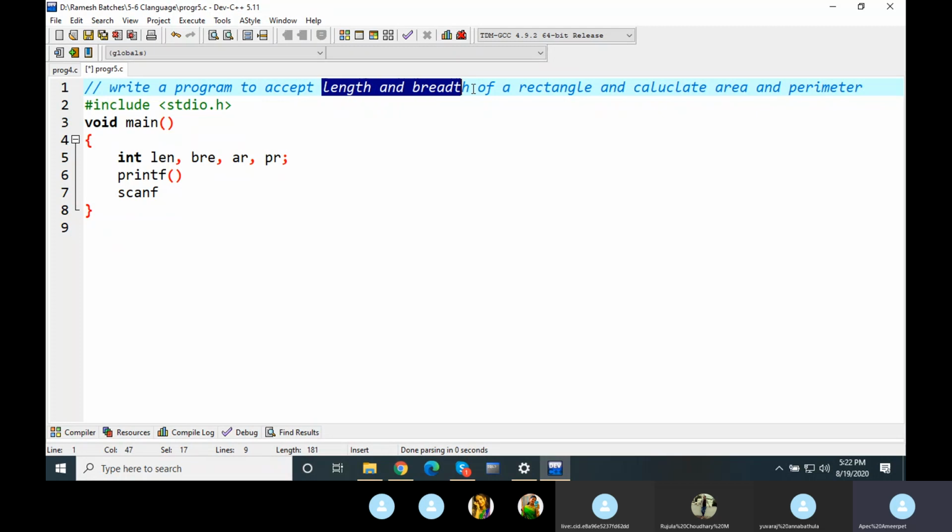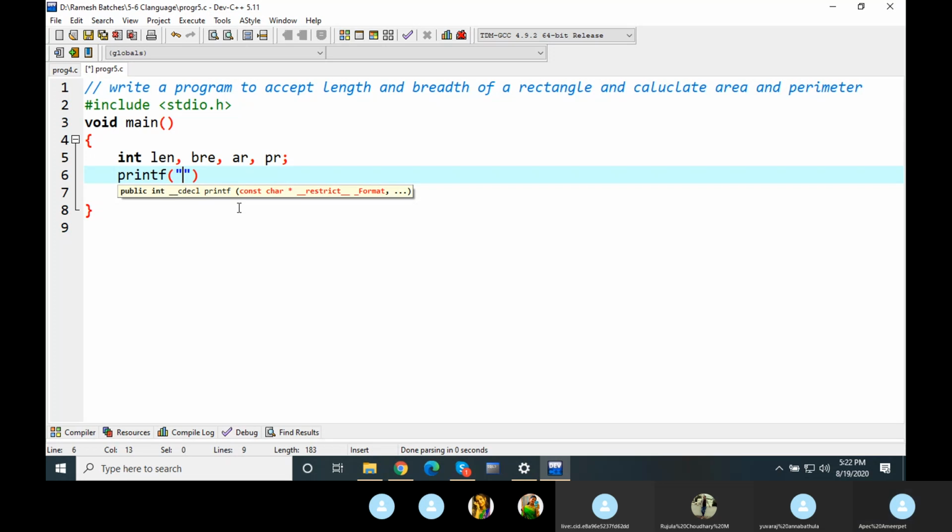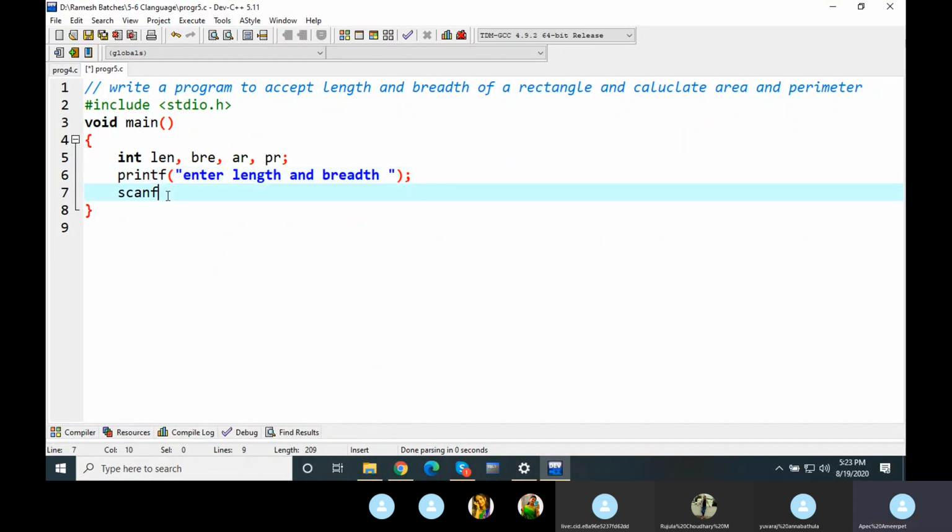We have to accept the length and breadth. So you say enter length and breadth. Within double quotes, you write enter length and breadth. Semicolon at the end. Okay, now how will you write the scanf statement? Go on.